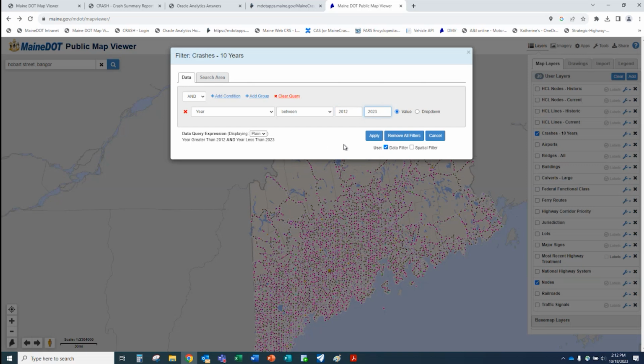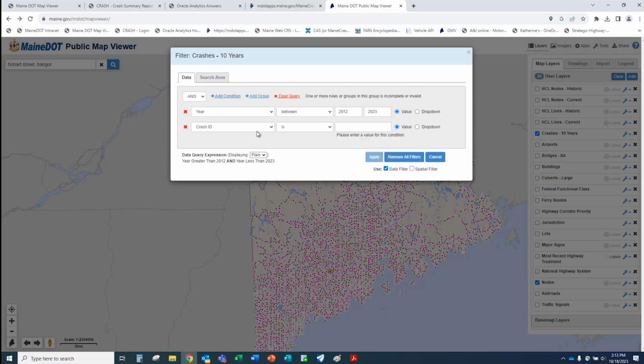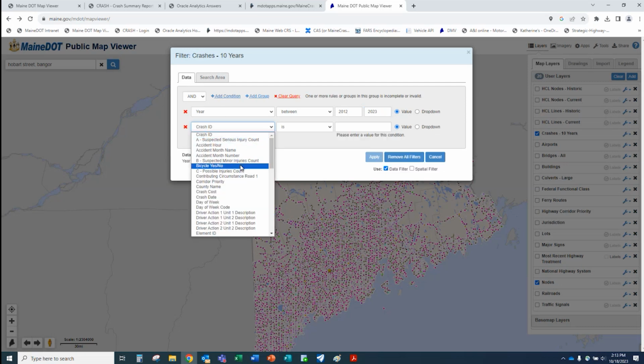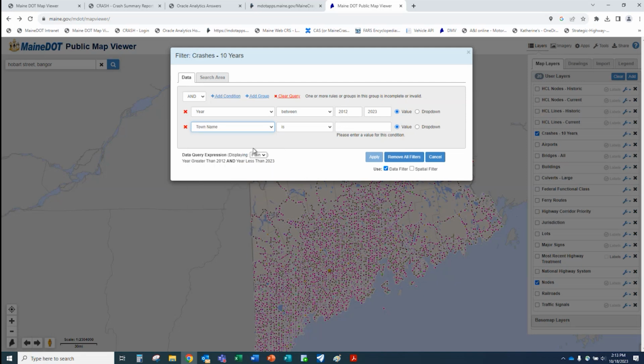Okay. Now we could do that and it would just change the number of years that we're looking at, and that map would change. All right. But we're going to add a few more things to this. We're not just going to do that. We're also going to add another condition. We're going to go to the city of Portland, because again, I like looking at information from the city of Portland.